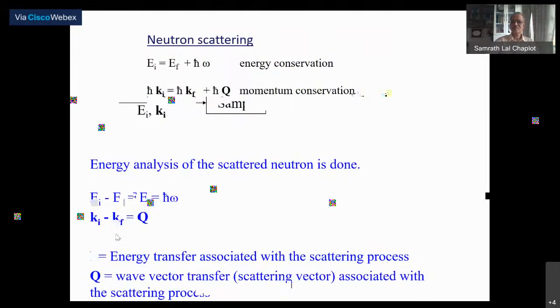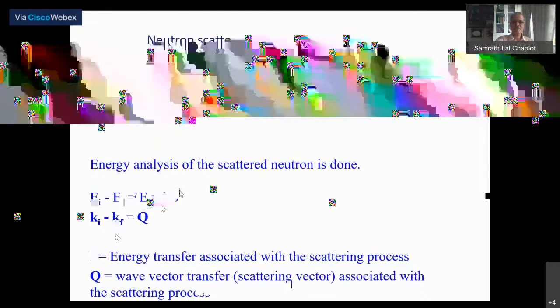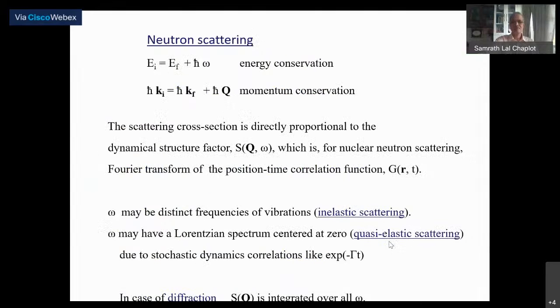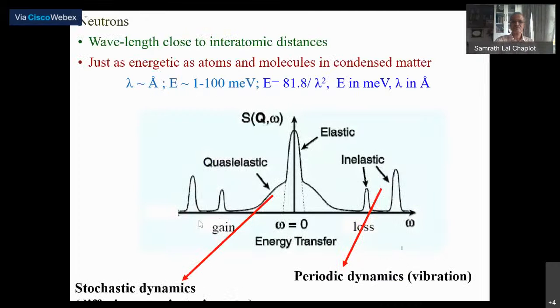Okay, good. This we already did last time. The essential difference here is that for quasi-elastic scattering, we look at the energy changes near zero energy transfer, which come from a variety of stochastic dynamics. So, for example, this is how the neutron spectrum is schematically plotted as a function of neutron energy transfer, and it has